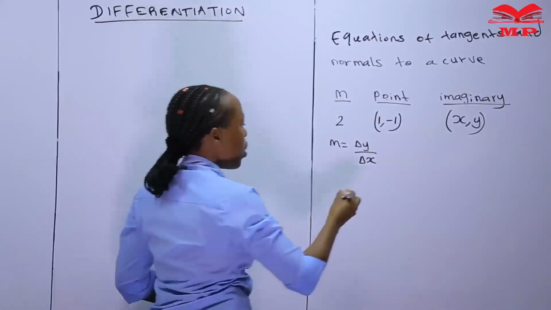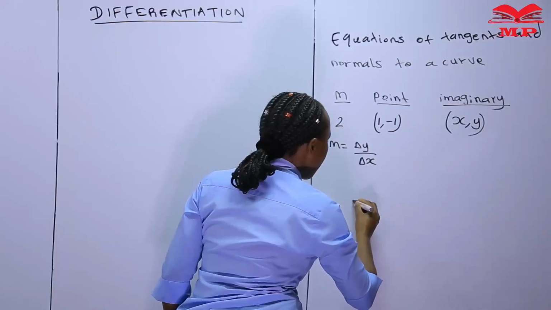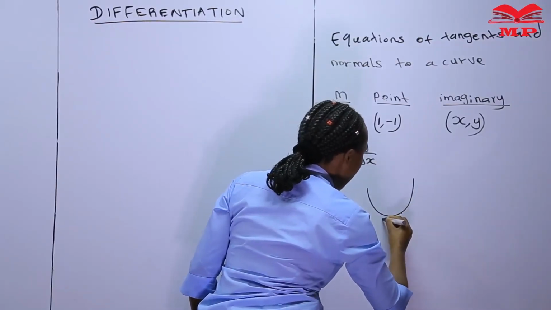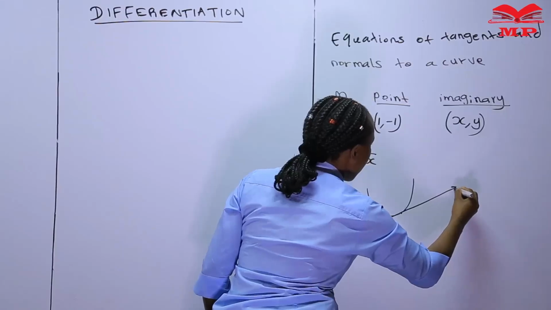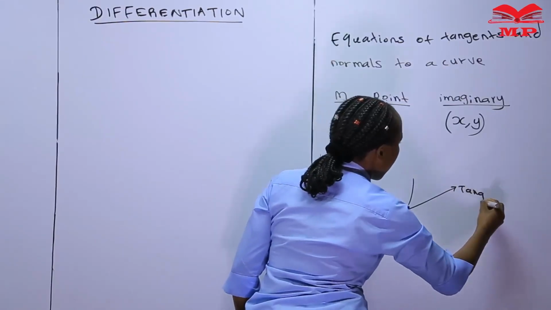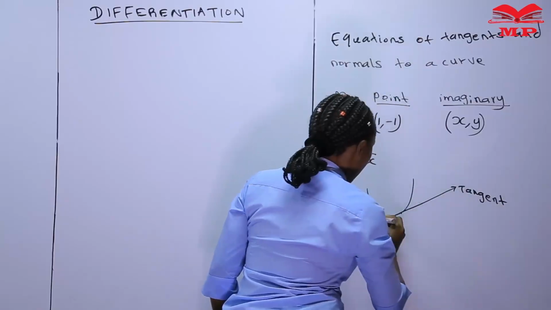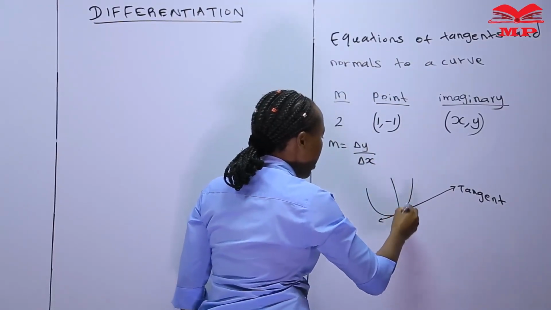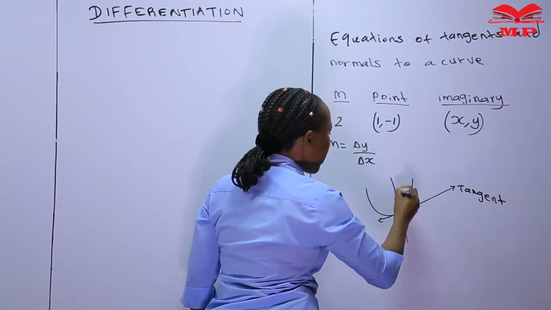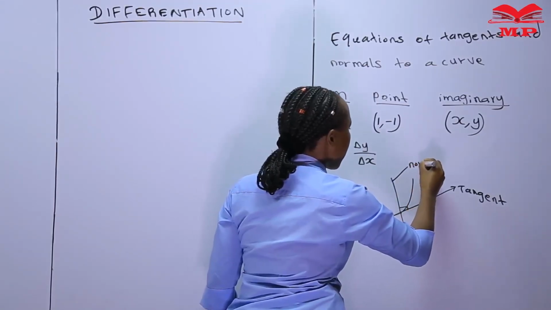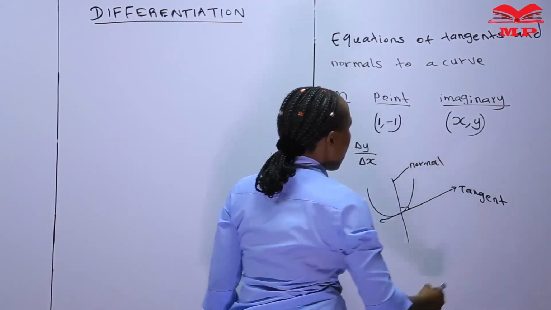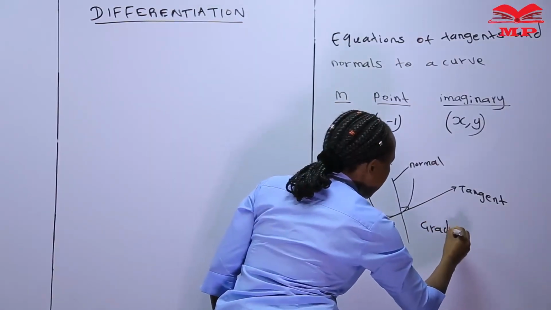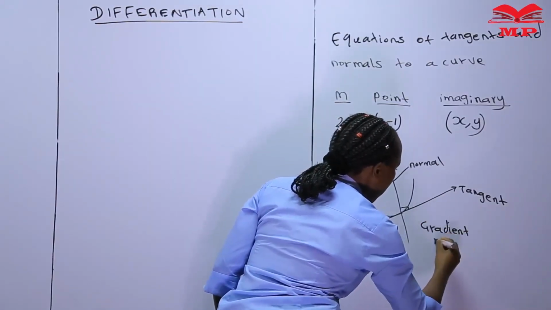Then remember, we also say that when we have a tangent, if I have a curve and there is a tangent here, if this is my tangent, if I draw a line that is passing through the same point and perpendicular to the tangent, this line is referred to as the normal. And we say that the gradient of the normal